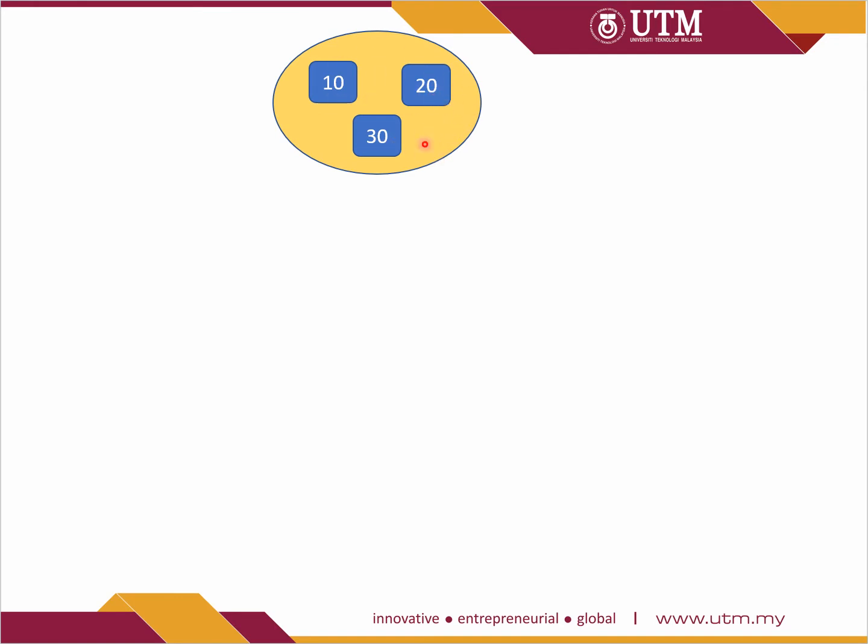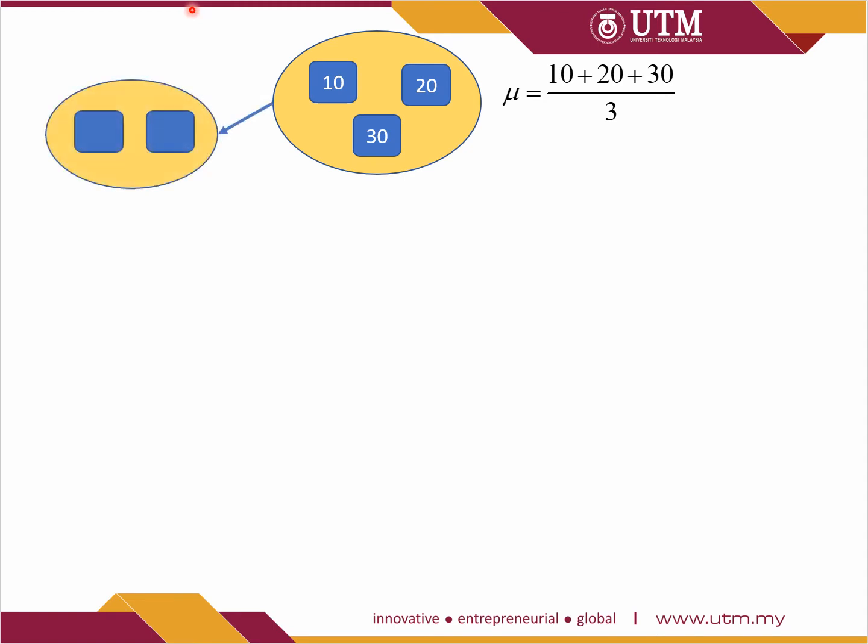So from this population, here we have our mean, given that we can just find the average of the weight of the pack of rice, which is 10 plus 20 plus 30 over 3. But let's say we have to pick two